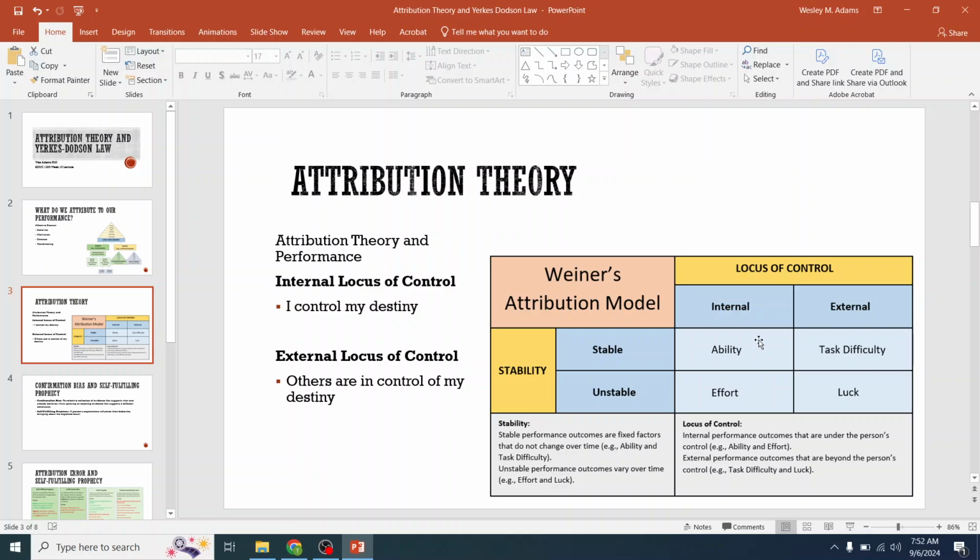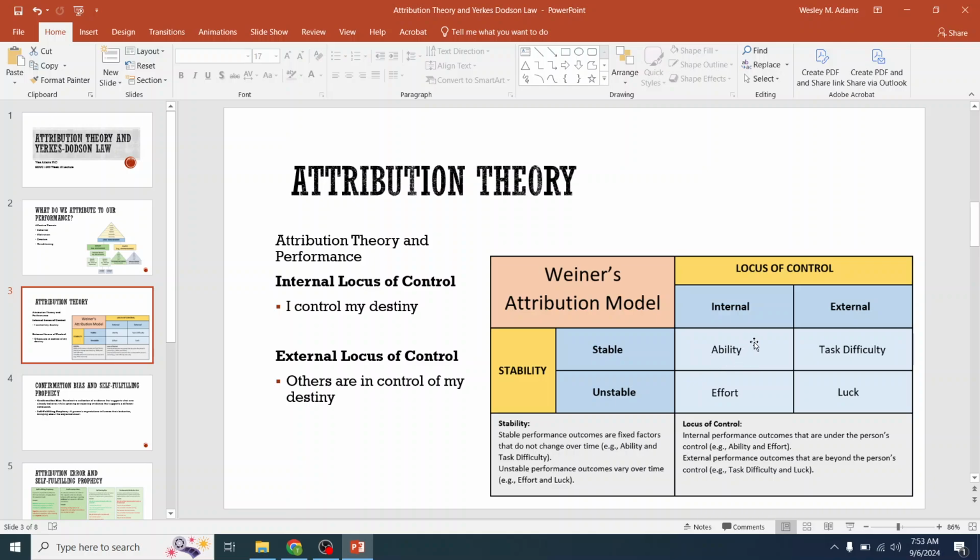So internal locus of control, if I feel like I'm in control of my destiny and I'm taking a really difficult class, I focus on my natural ability. And if I don't have an ability for that subject, or it's lower than desired, then I make up for it with effort. But what I want to avoid doing is blaming the task difficulty, because then you make excuses and you don't put forth effort because you're too busy blaming the task difficulty, and then that can change your behavior. It can actually impact your motivation. Or relying on luck.